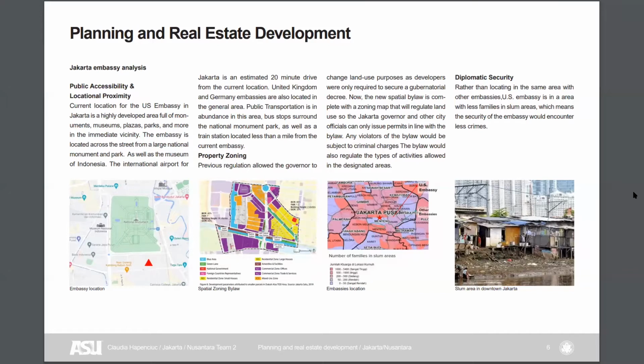The existing embassy is in a very highly developed area, with numerous public transportation spots around it, bus stations, and a train station across the street. Other foreign embassies are around there, museums, parks. This is, again, another sign of the embassy effect. It's highly developed, and it is something that we wanted to think about when picking a new site location for Nusantara, because like in Jakarta, we want a highly developed area, and we feel that it was safer and a better spot for the new embassy.